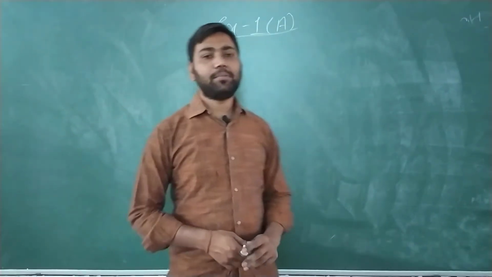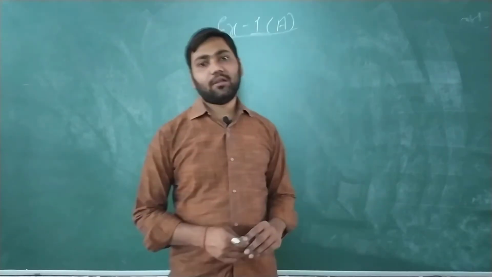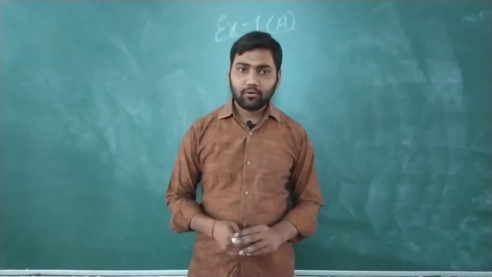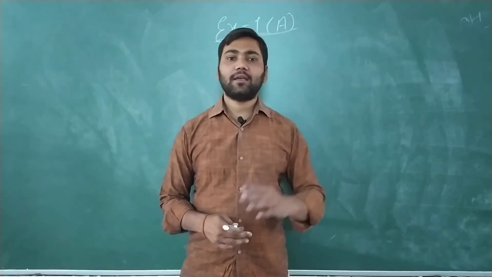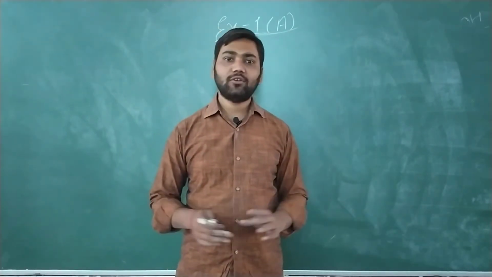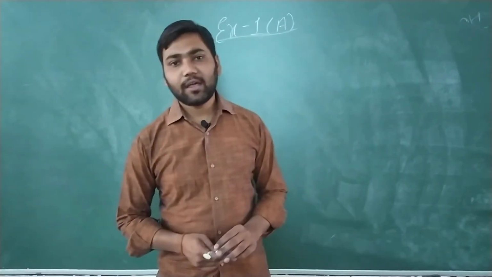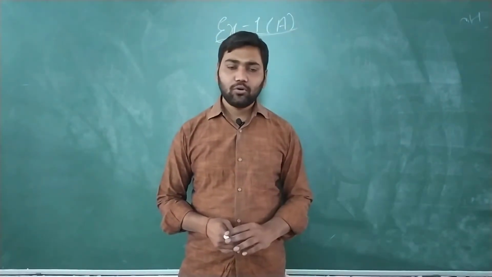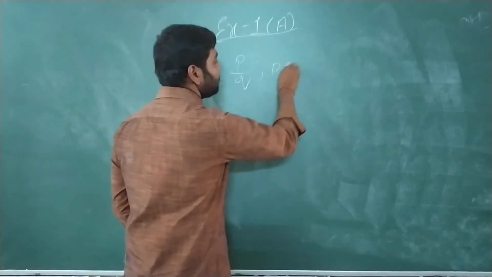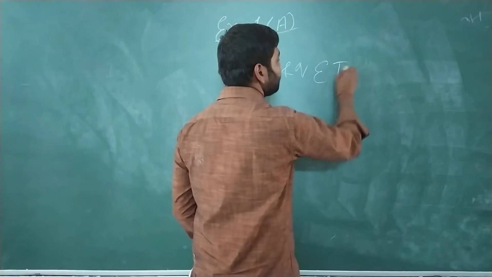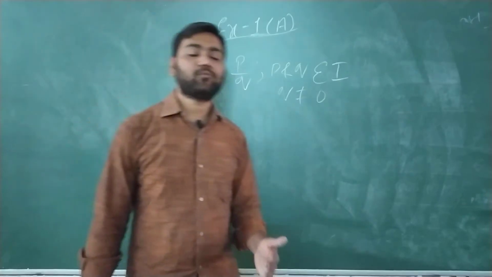In the previous video I gave the introduction of the topic rational number. Rational number is new for you all. So I have clearly explained what a rational number is. Here again I want to revise it for you all: a rational number is a number which can be expressed in the form P upon Q, where P and Q both belong to integers and Q should never be 0. I have explained this.